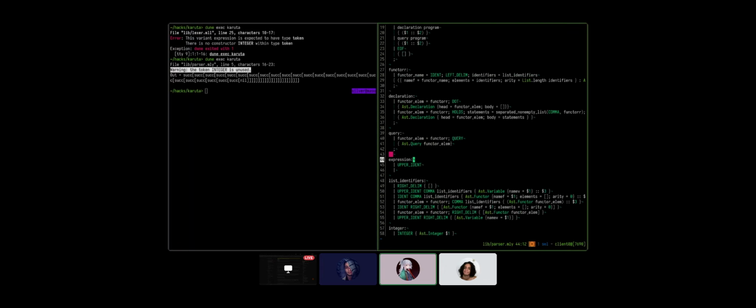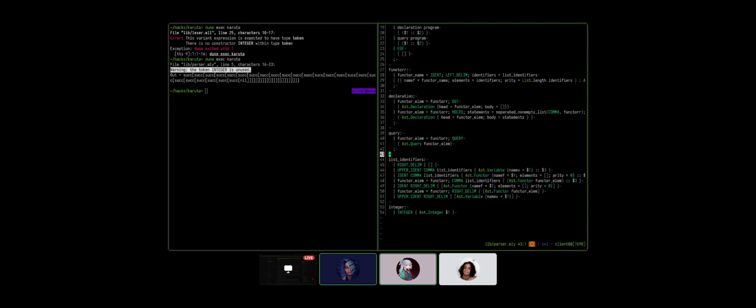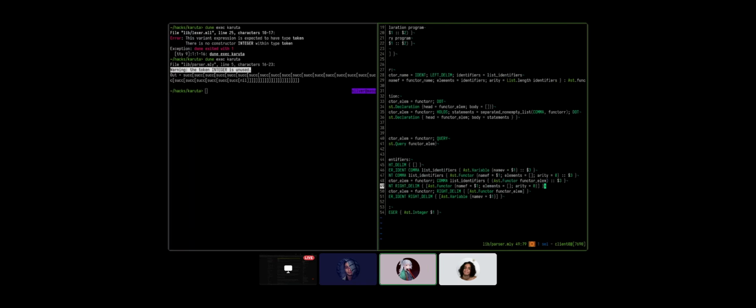Like if this was just a recursive descent parser, this would be a breeze, but it isn't. Well, okay, let's try something like this. It's an upper identifier. Yeah, it's not trivial to unify all of these in an expression. They are very finicky. So if you have an upper identifier with a comma, then we call ourselves. If it's an identifier with a comma, we also call ourselves. If it's a functor, no, that's because this is the recursive case. Those are the recursive calls.